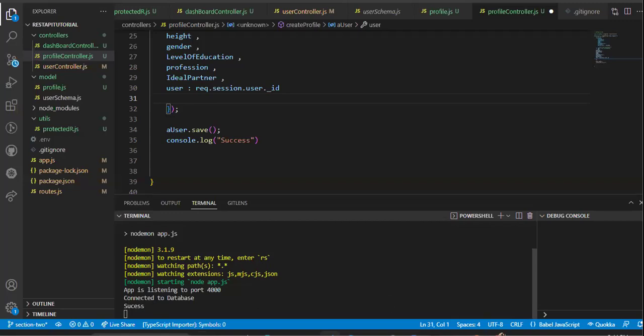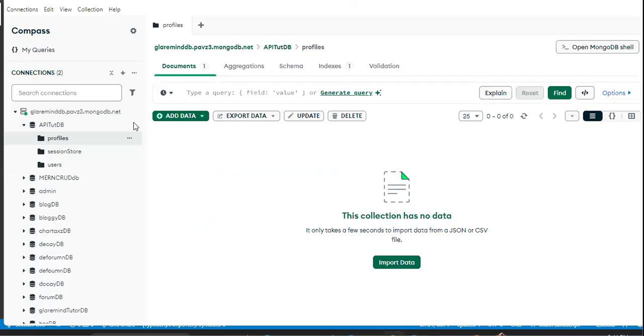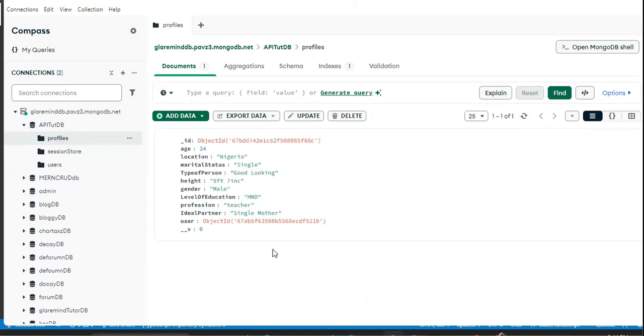So let's go check our collection and see if that has actually been saved quickly. So let's go to the profile, and here is the profile. So we're just going to refresh that quickly and see. And here we have the collection, which means that the profile has been made. So as you can see, this is